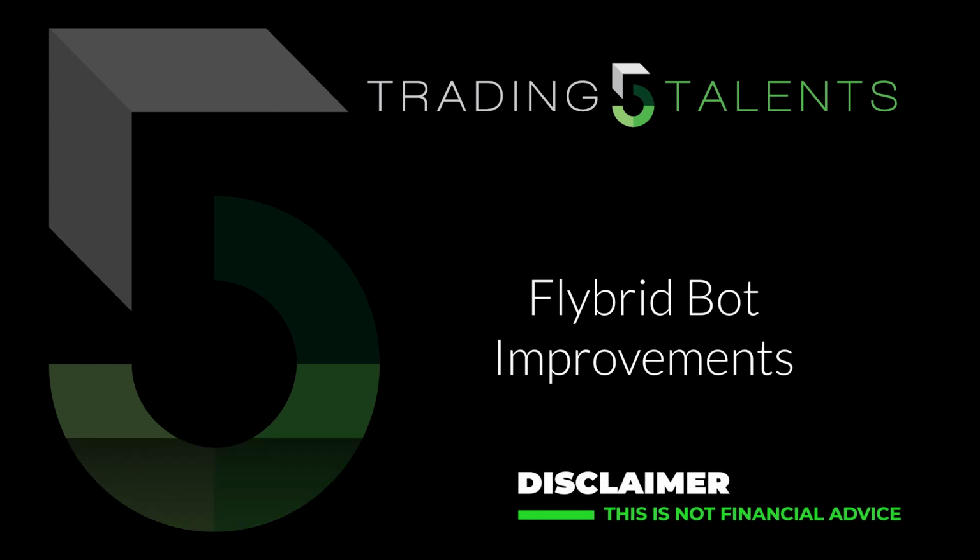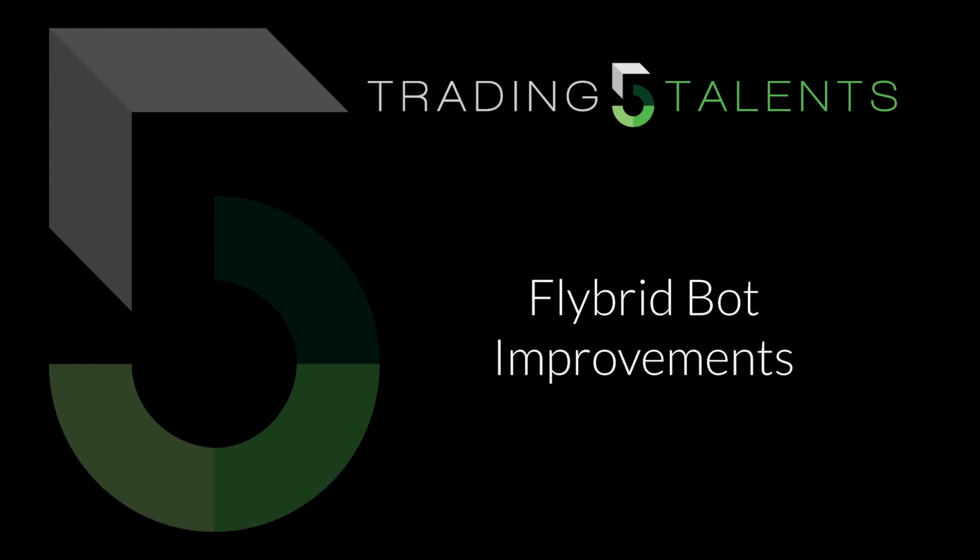In this video, I want to go over some improvements that I am planning to make on my Flybrid bot in Option Alpha. I just recently posted my week 7 results using this bot. If you watch that video, you can see that there were a lot of losses sustained this past week. So I want to make some improvements, and I want to go through some of the reasoning of why I'm making these improvements and how I think they're actually going to help and prevent losses like I sustained